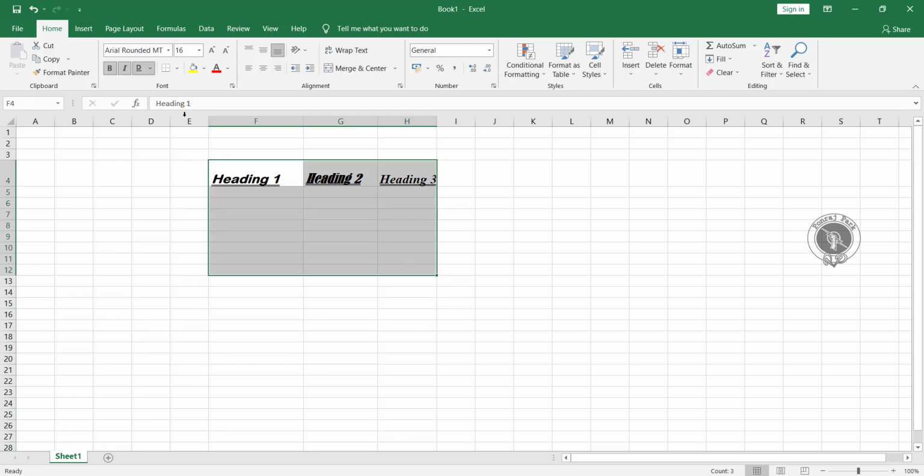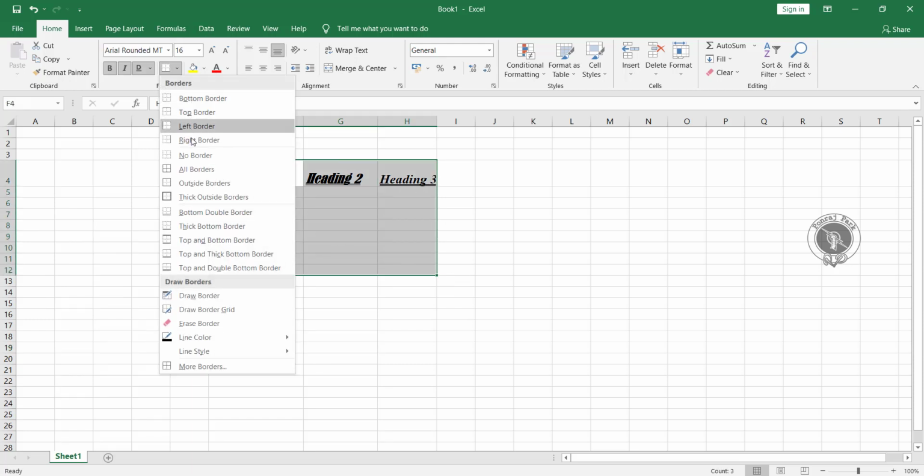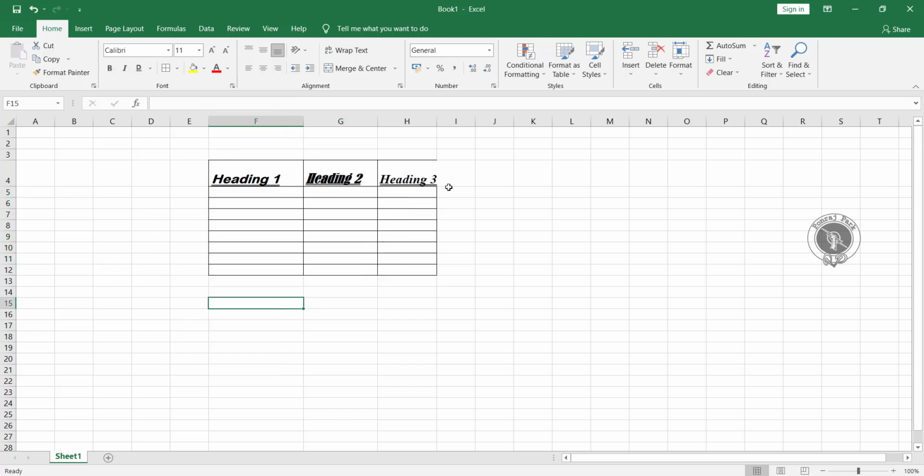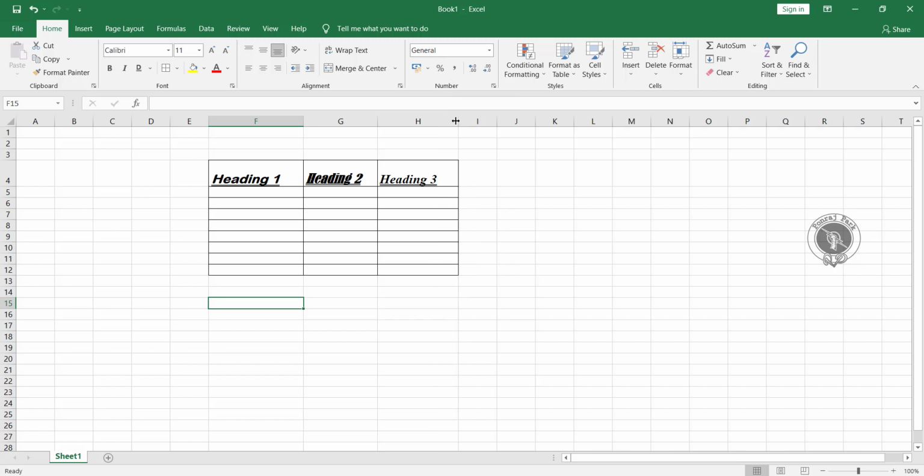Like this, for each and every side we have an option here, so you can apply that. Then no border, if you want to remove all the borders, you can go for no border. If you want to apply the border to each and every cell, you can come here for all borders. You can see now the border has been applied.